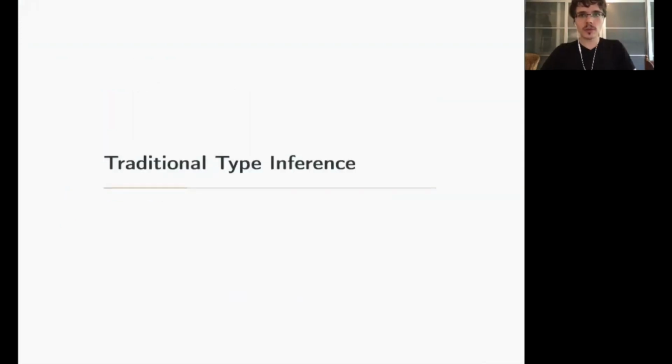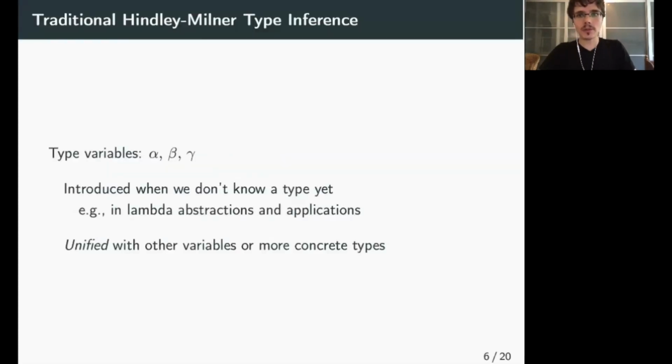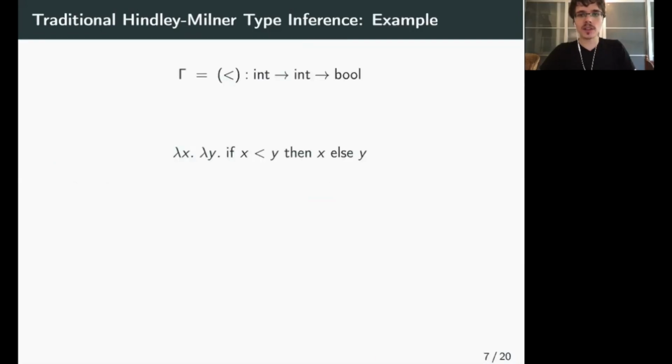So first, let's review the way ML languages have traditionally inferred types based on unification. The Hindley-Milner type inference algorithm relies on introducing type variables when the types of expressions are not yet known, and type variables are later unified with concrete types or with other type variables based on the way these expressions are used. As an example, consider the following term, which takes two parameters, x and y, compares them, and returns the